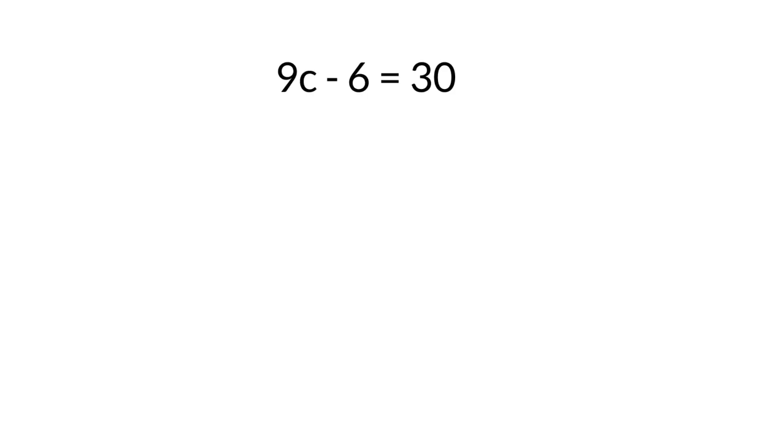Similar type of question here, but now with some subtraction. So 9c minus 6. We're going to get rid of the minus 6 first by adding a plus 6. Positive 6 and minus 6 equals 0. That means over here I'm also going to add plus 6. That's going to bring me to